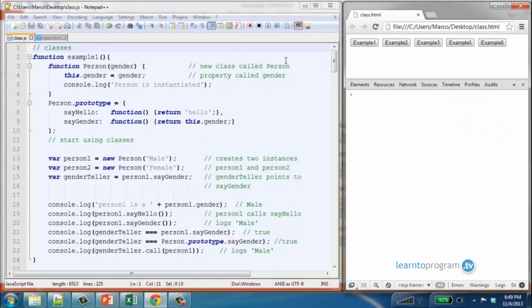Example number 1 deals with classes. So let's start by creating a new class called person. We use the keyword function. The constructor has a parameter called gender, and we assign it to the property called this.gender. We use this to refer to the current object. Every time a person gets instantiated, it will log that message, and then we can extend the prototype